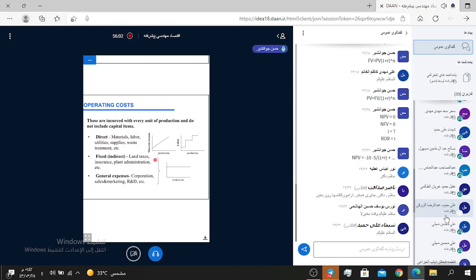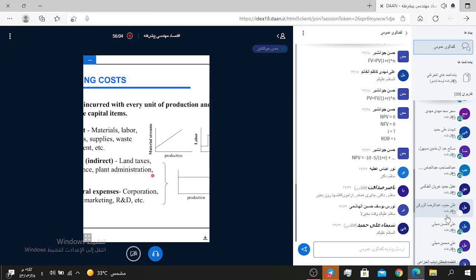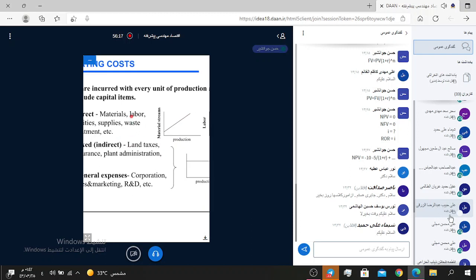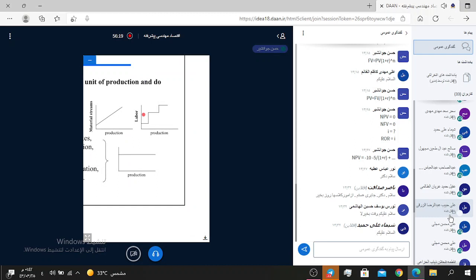Direct materials increase with production at the same cost increase. Labor increases